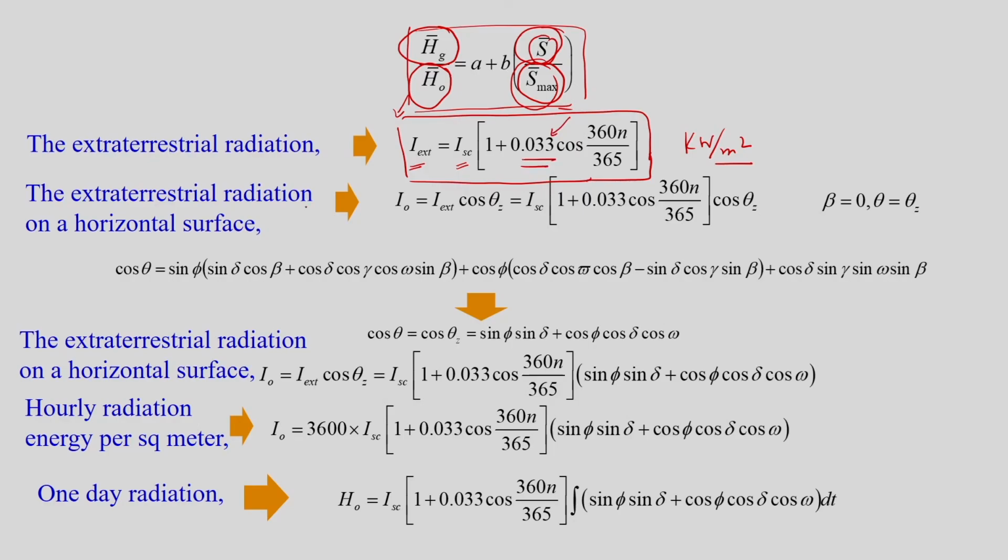So, now if I am interested in a horizontal surface, what is the extraterrestrial radiation? So, for this case, what happens for extraterrestrial radiation on a horizontal surface, it will be EX